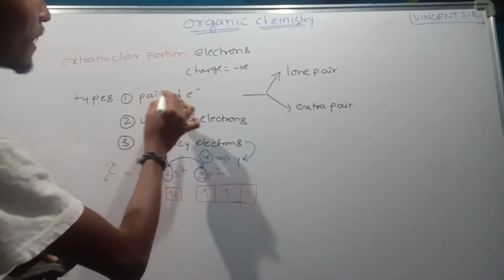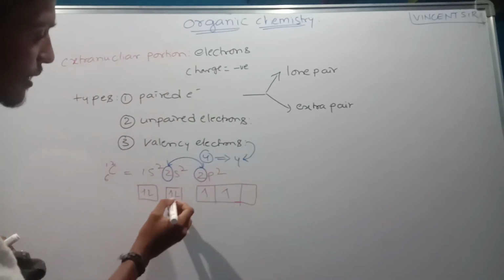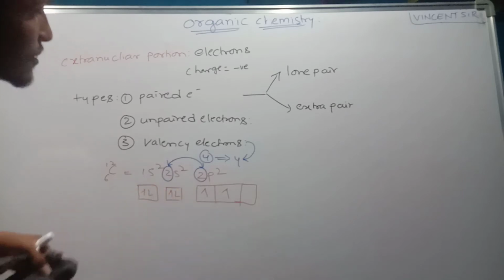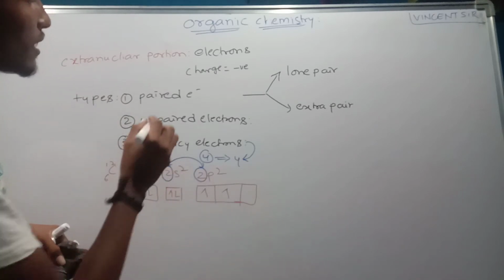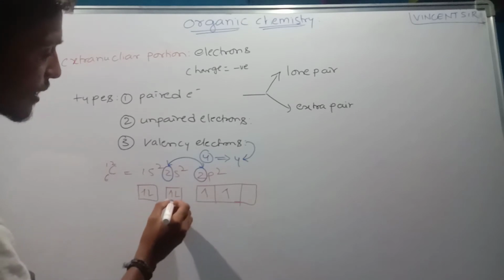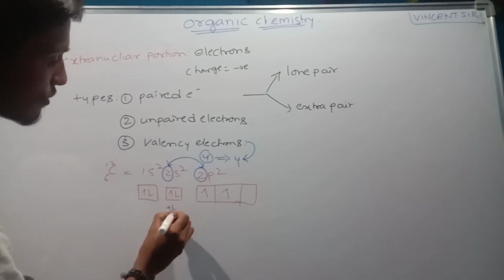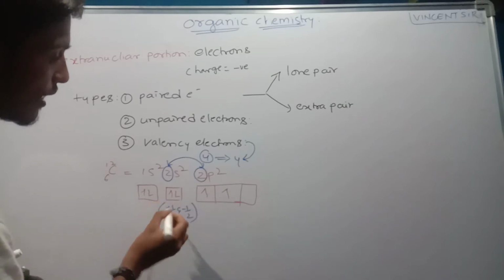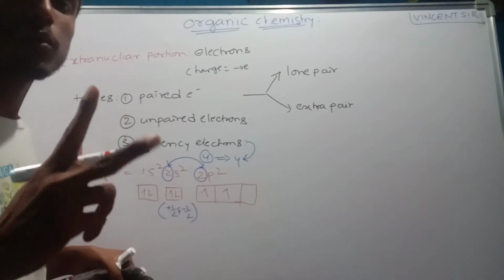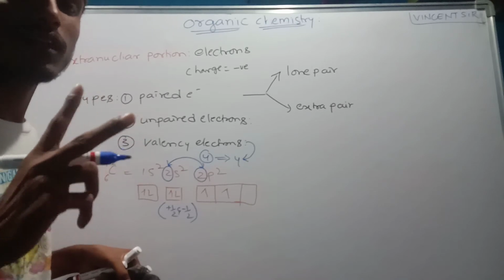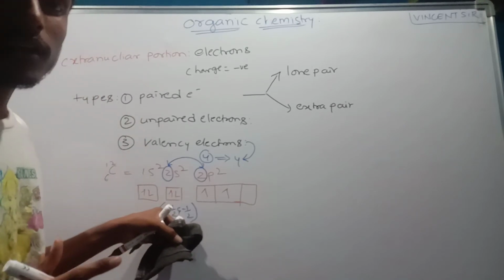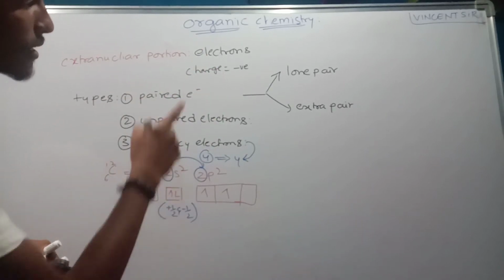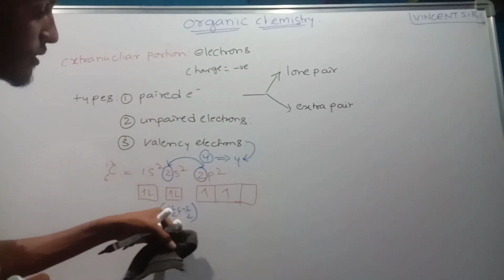And then what are the paired electrons? The electrons which are present in 2s2 are paired electrons. Paired electrons mean having a plus spin and a minus spin, which are the two opposite characteristics of the electrons. This is the plus spin, moving in clockwise direction. This is the minus spin, moving in anti-clockwise direction.